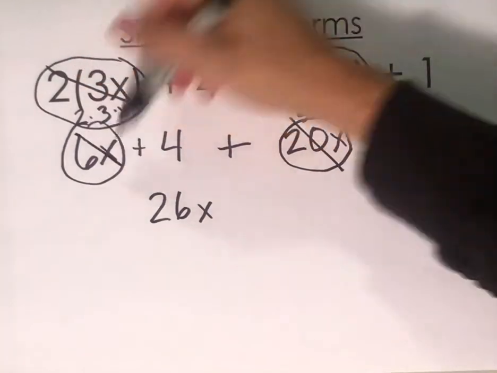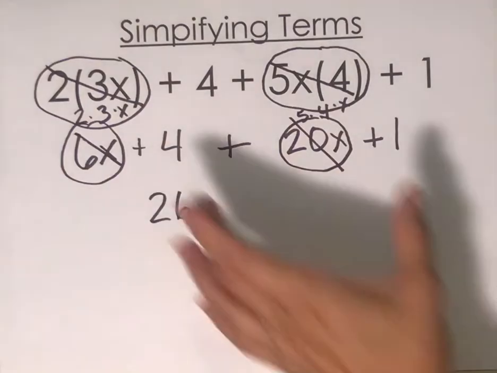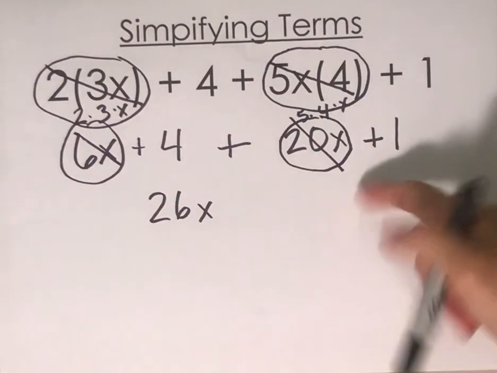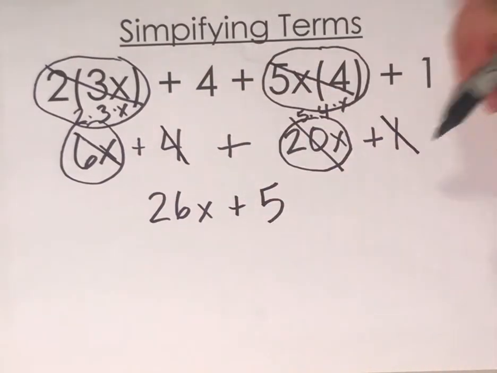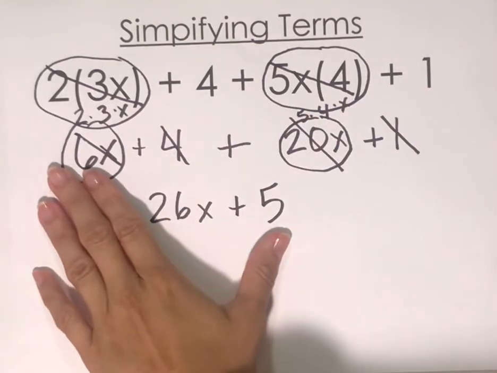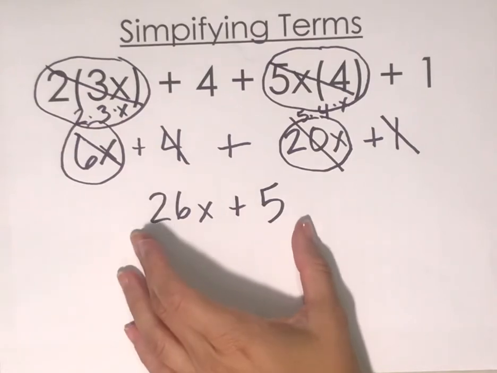Now, these are gone. Next, I can add my numbers because numbers go together. So I'm going to do 4 plus 1, which is 5. Okay, now these are gone. So now I've gone 1, 2, 3, 4 terms, and I've now simplified them or reduced them down to just